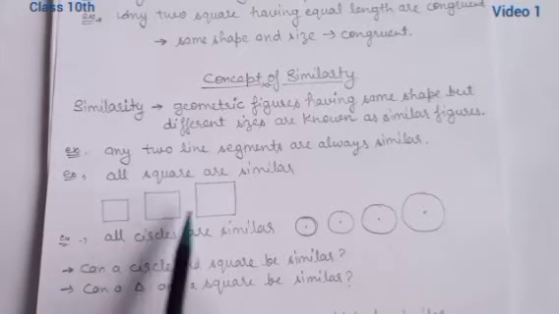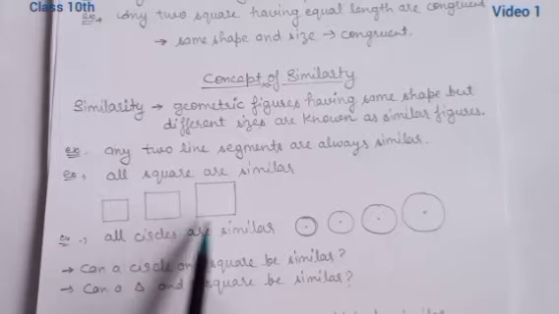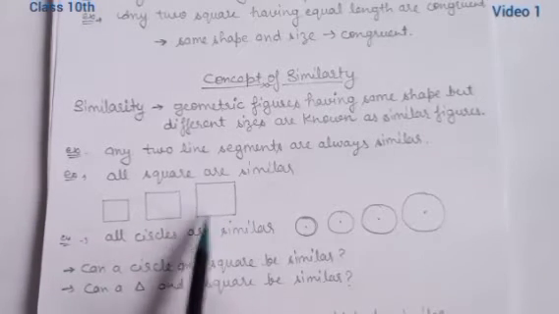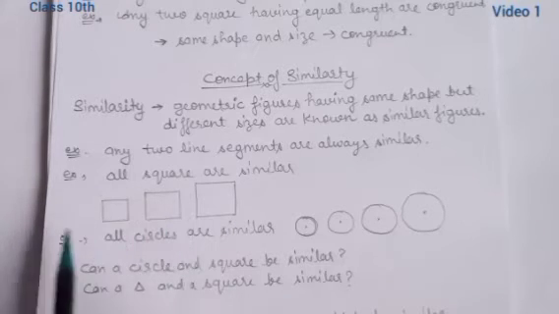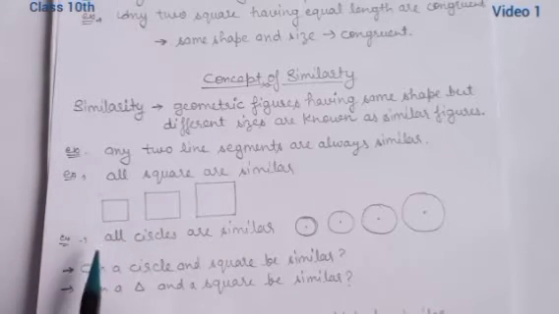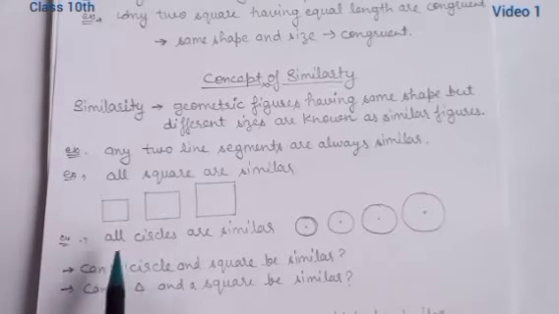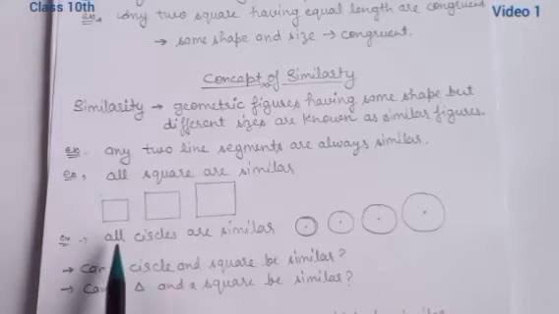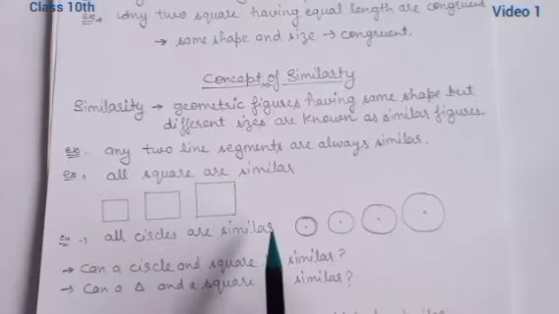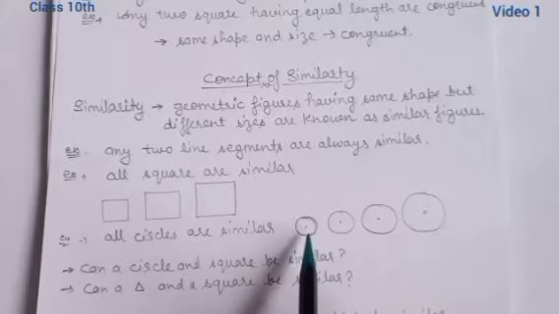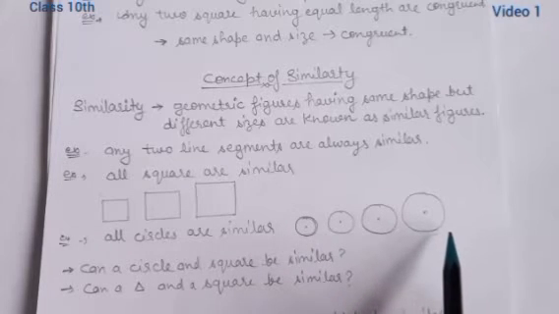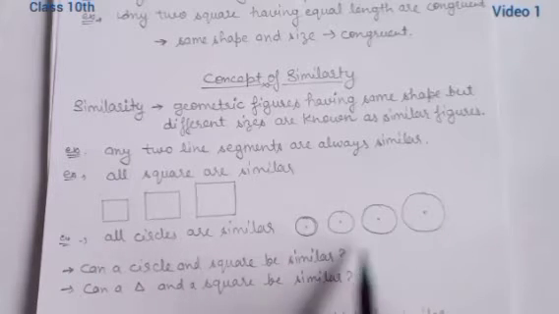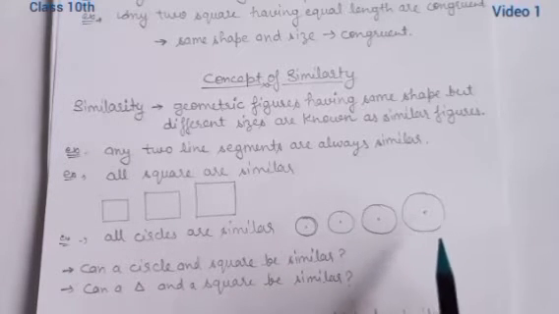Okay, it is small, it is bigger, then bigger. So such squares are known as similar, but these are not congruent because the length of the sides is different. Understood? Similarly, students, as we know in congruency, all circles having the same radius are said to be congruent. But now look here, all these circles are similar. Here you can see the radius of each is different. So this group of circles is known as similar.